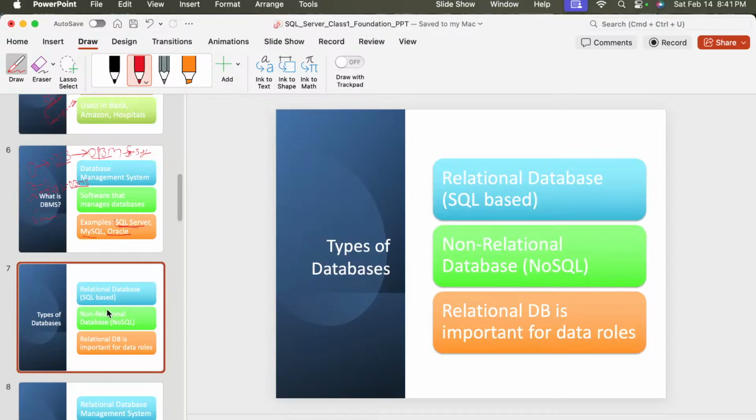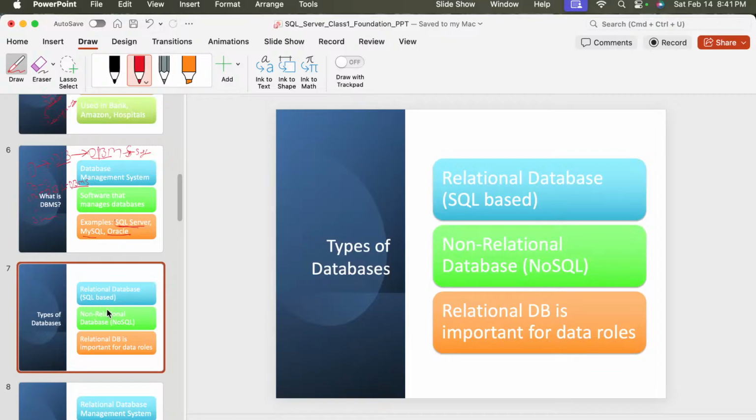teaching you guys here. So टाइप ऑफ डेटाबेस की अगर हम बात करें, there are many kinds of databases available in the market, but there are mainly two kinds of databases. One is a relational database, SQL based, and the second one is a non-relational database, that is also called NoSQL database.